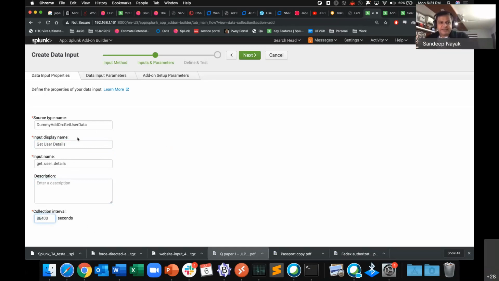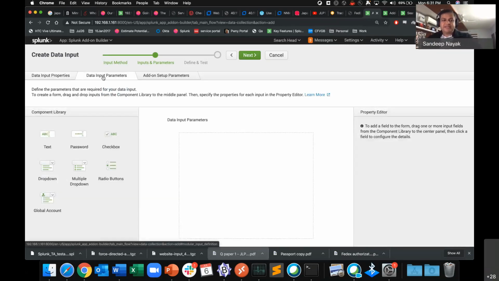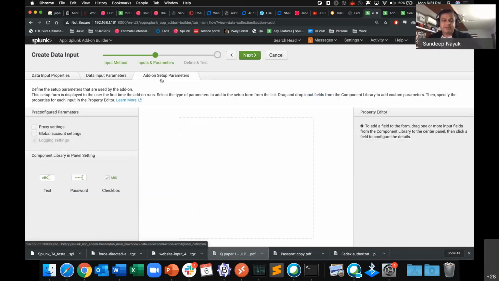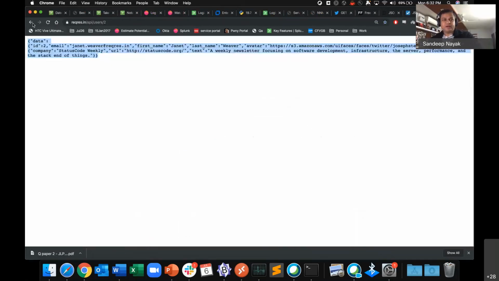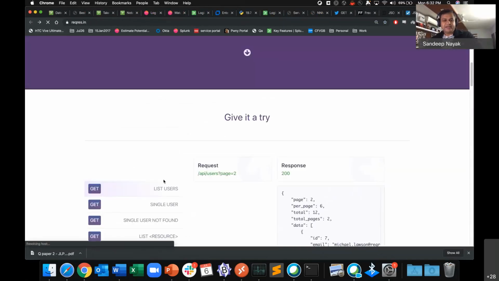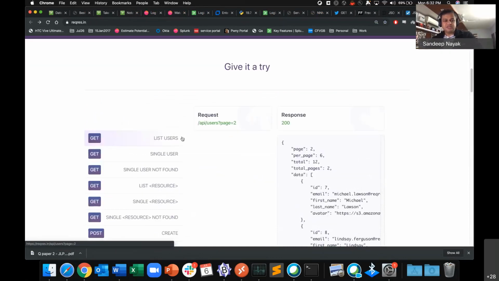Now, the next part is very important. It has two tabs. One is called the data input parameters tab, and the other one is the add-on setup parameters tab. The add-on setup parameters tab is what will appear when you choose to configure the add-on. So what you can do over here is say, to query this particular thing, I need a server URL. To give you an idea about what that server URL is, if I go back over here, it tells you very clearly